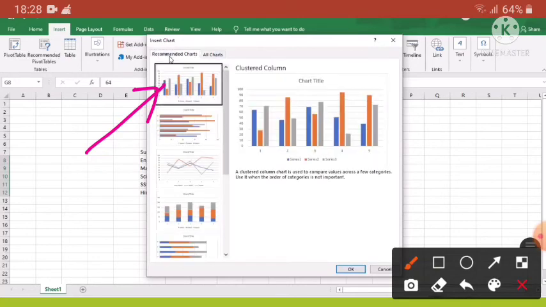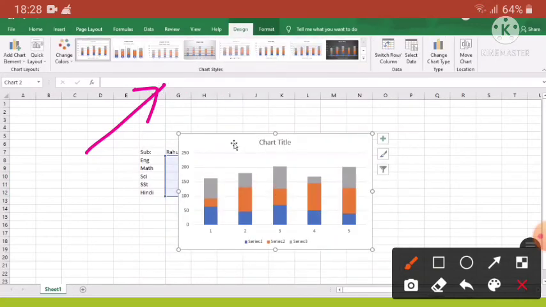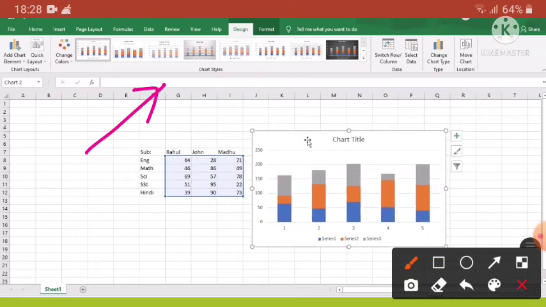Here it is, the Insert Chart box. Now take a look at the recommended chart types, select the one which you want, and then click on the OK button, and Excel will automatically convert your data into a chart.